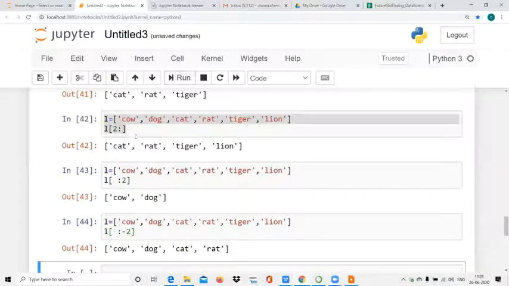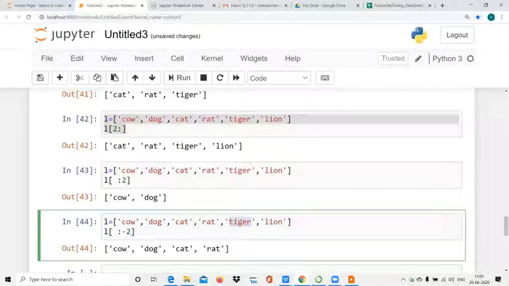Okay, I will run. See why it is, tell me now. I said that whatever is in the right part will be left out. So -2 means -1 is this and -2 is this, so it excluded -2. Similarly, whatever number is in the right part, we will exclude it, meaning it will not take it. And in the left part I gave nothing, meaning from beginning. So we do not take -2, and from where do we take? From beginning. So the beginning is cow, dog, cat, rat, but -2 I will not take, this is the last point and I will exclude it. Okay, so it will print here.